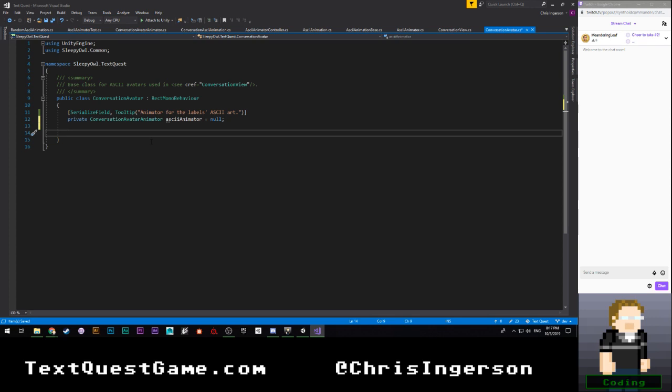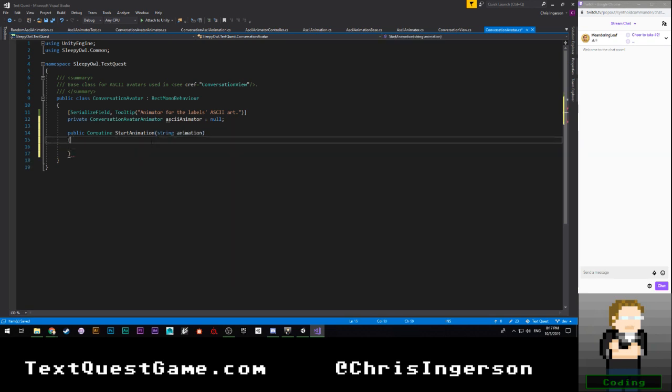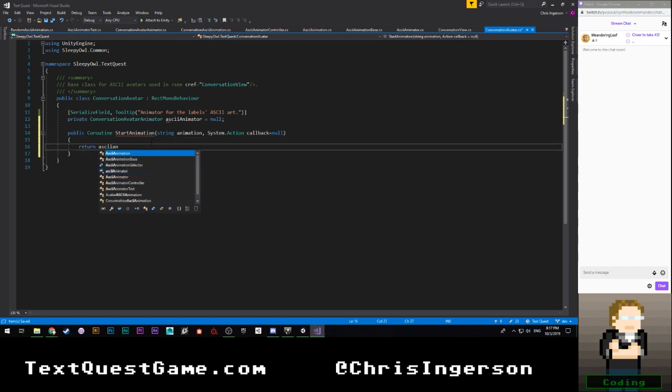So we'll just put in a public wrapper, public void StartAnimation, string animation. We're going to need a System.Action callback is equal to null. All that's going to do is return asciiAnimator.StartAnimation.